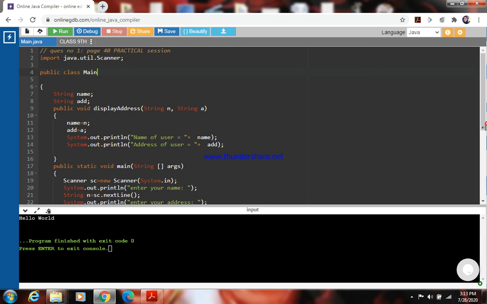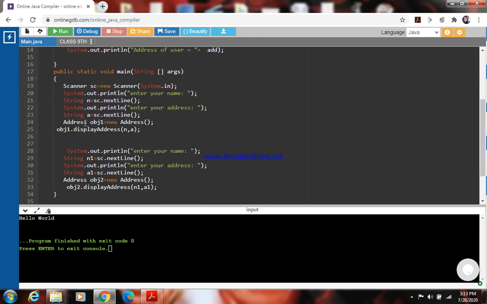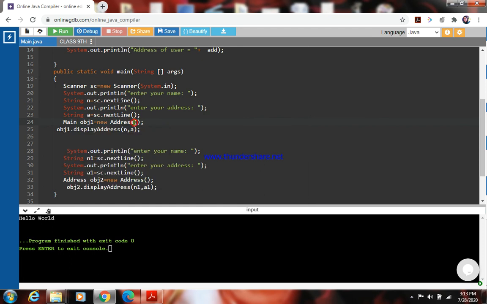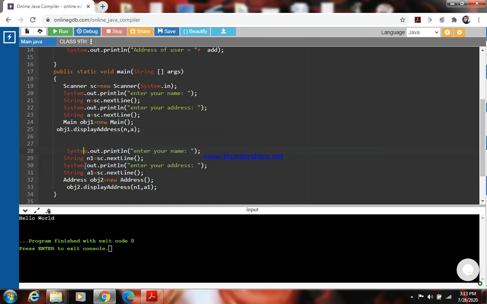Then I need to change here also, otherwise the errors will be coming, as I have changed the class name to main. If you people are doing it in your BlueJ or some other IDE, you will write here address only, but here I am using an online compiler, so that is why I am writing here main only with the class name.